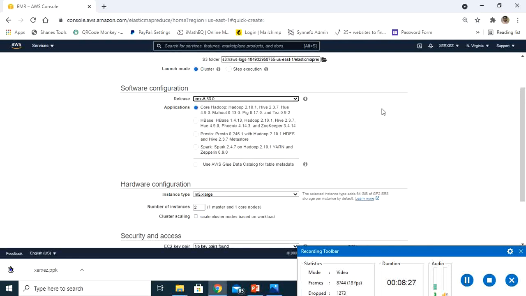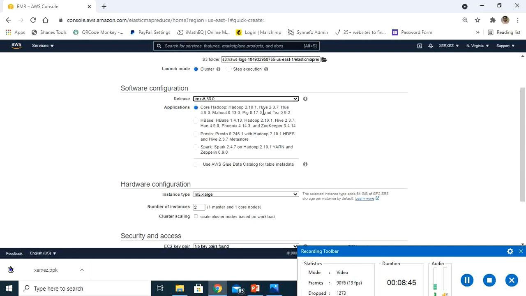Next is related to software configuration. As I told you, you can go with core Hadoop, where you get Hadoop 2.10.1, which comes along with YARN, HDFS, as well as the MapReduce system.